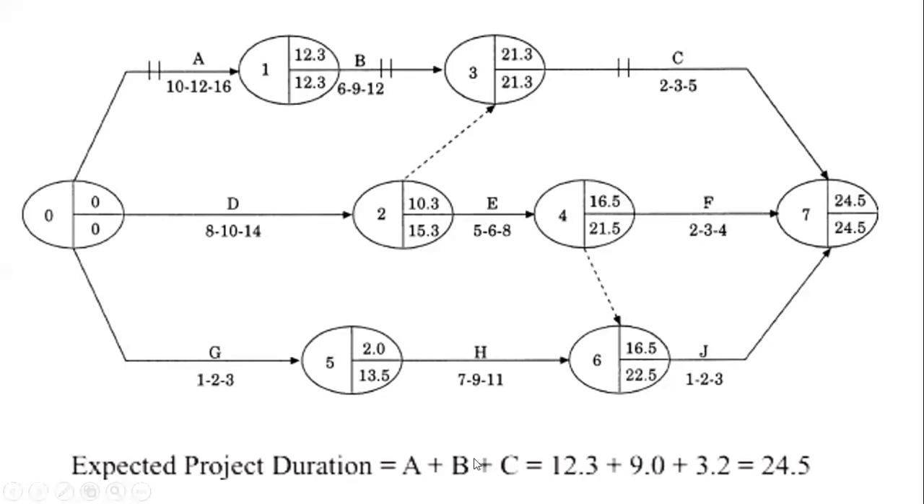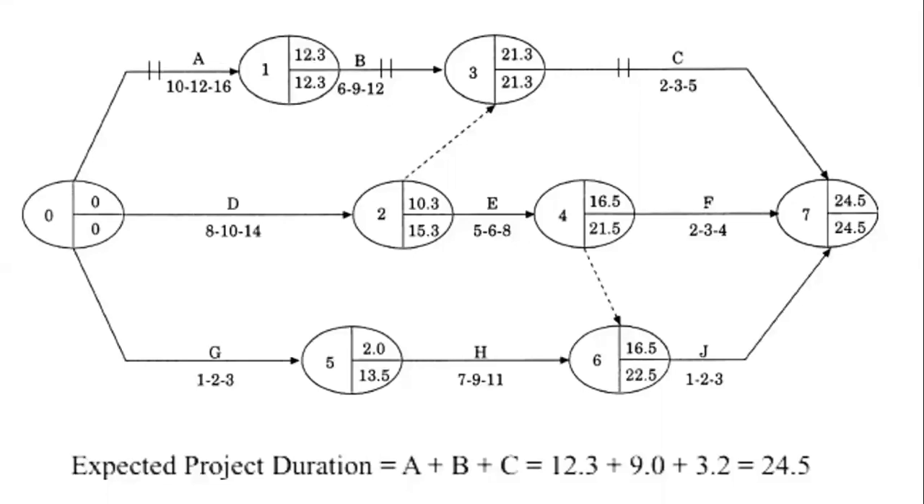Is it right? A plus B plus C, 12.3 plus 9 plus 3.2. These are the values of TE. So the total project duration is 24.5 months. But one more thing is asked of us, that is how much percent of the project is completed in